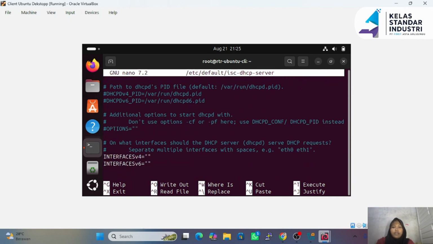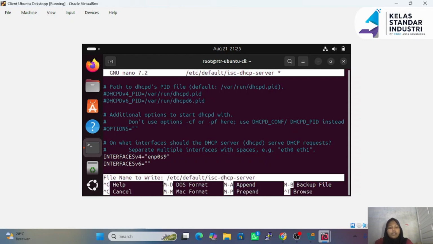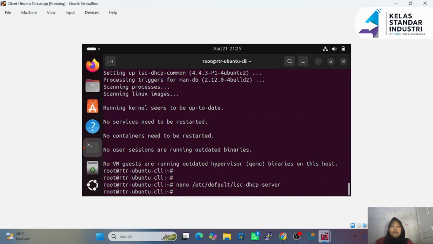In the interface version 4, we need to specify which interface we're going to use for the DHCP server. For this configuration, we'll use adapter 3, which is enp0s9. Once that's done, press Ctrl X, Y, and enter. After that, you can reboot the router.